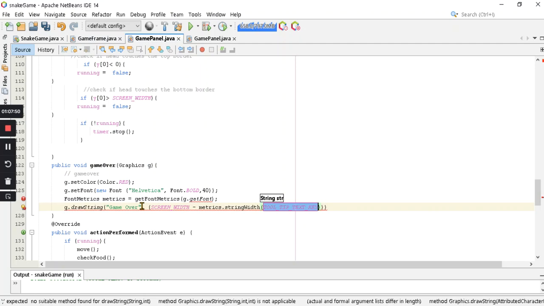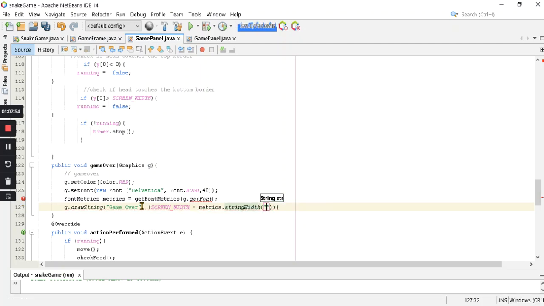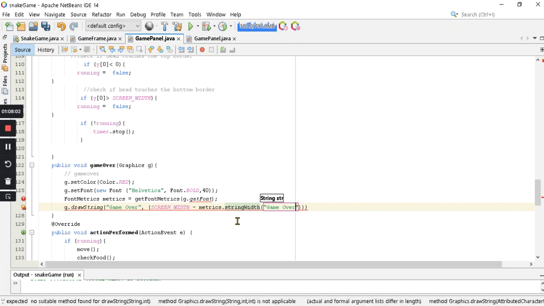Okay, string width, game over. Divide 2 para sa gitna siya, and then